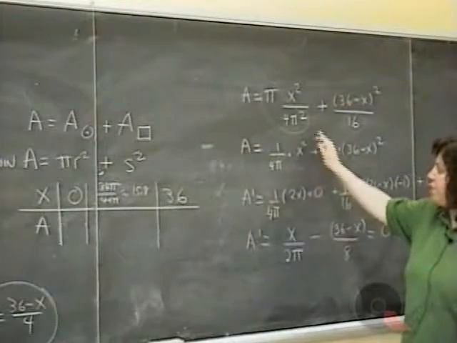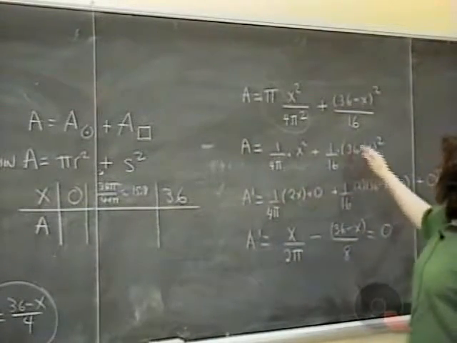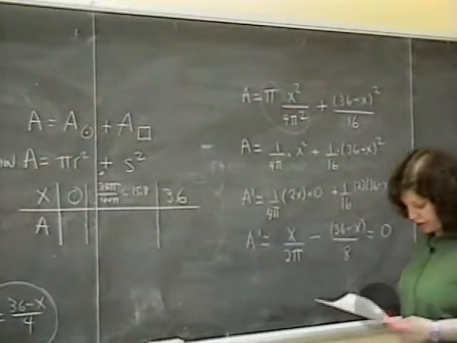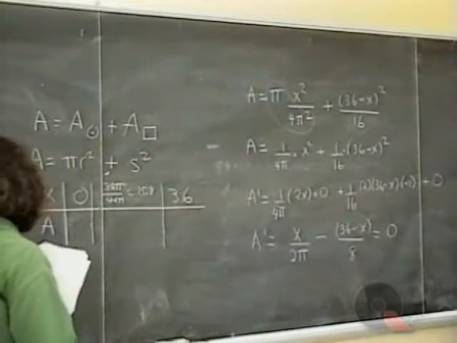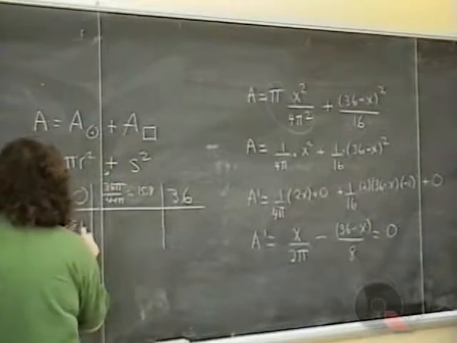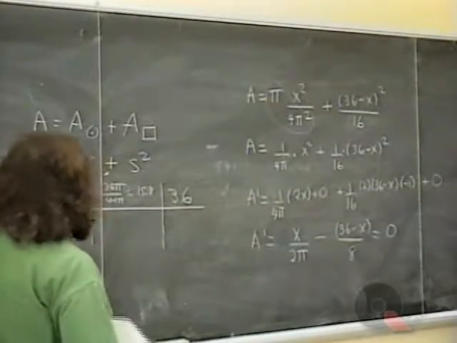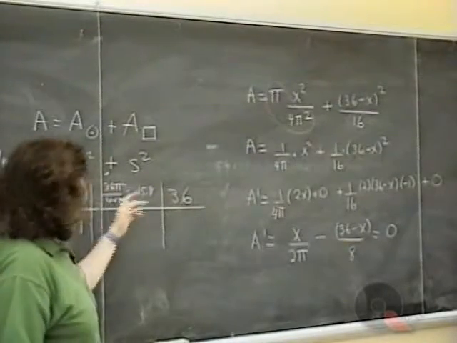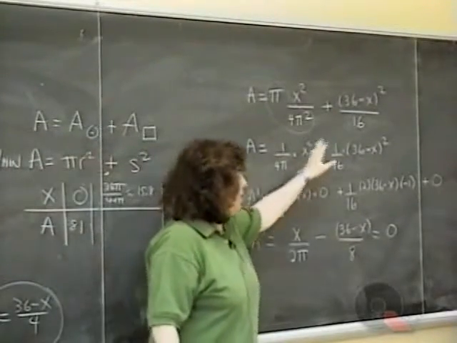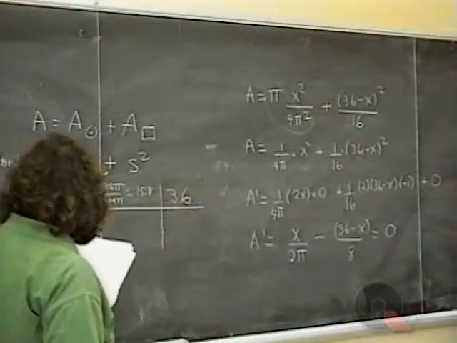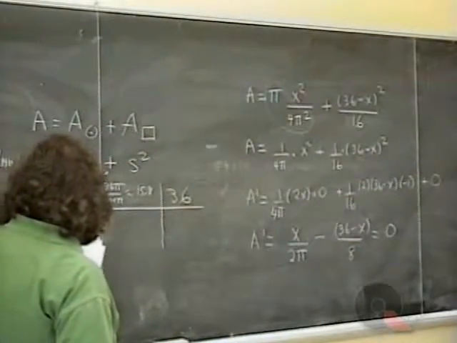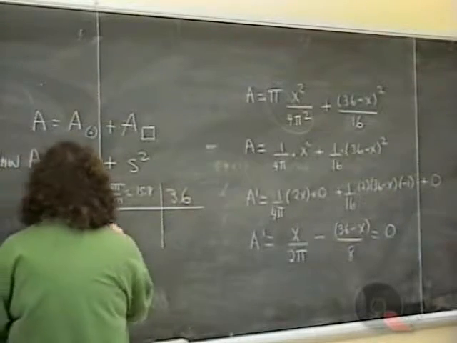If x is 0, that's not hard, 36 squared over 16, and that turns out to be 81 square inches. On the other hand, if x is 36 pi over 4 plus pi, that's not exactly a picnic, and the calculator would certainly be helpful. Working that out on the calculator, I got 45.4